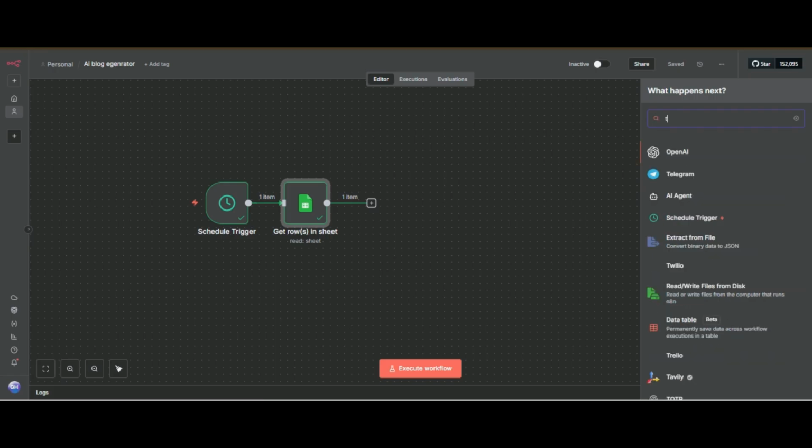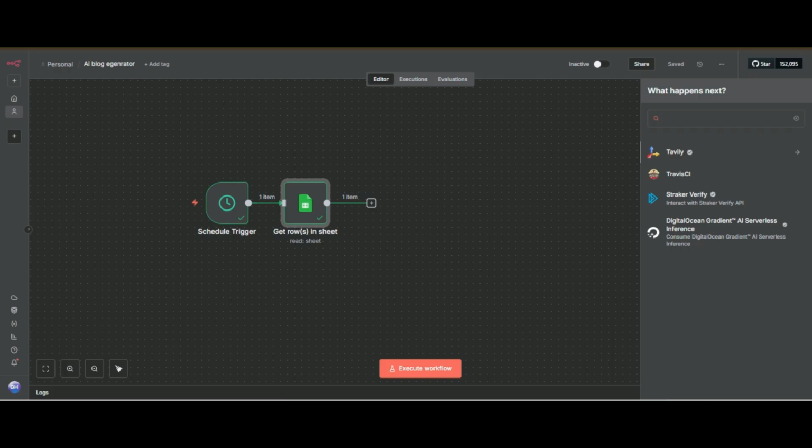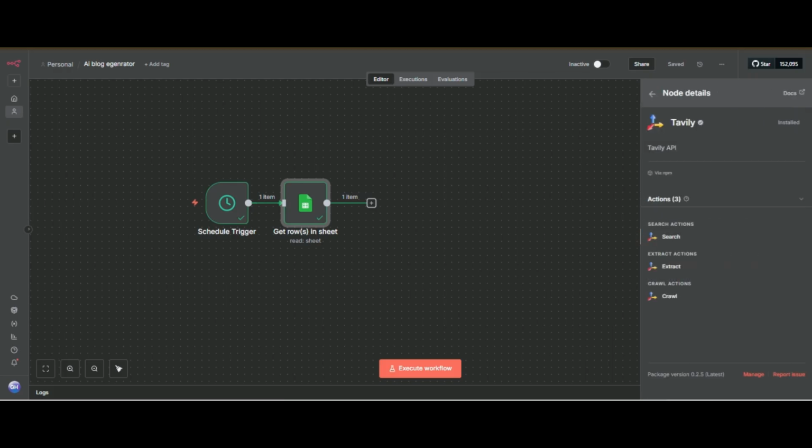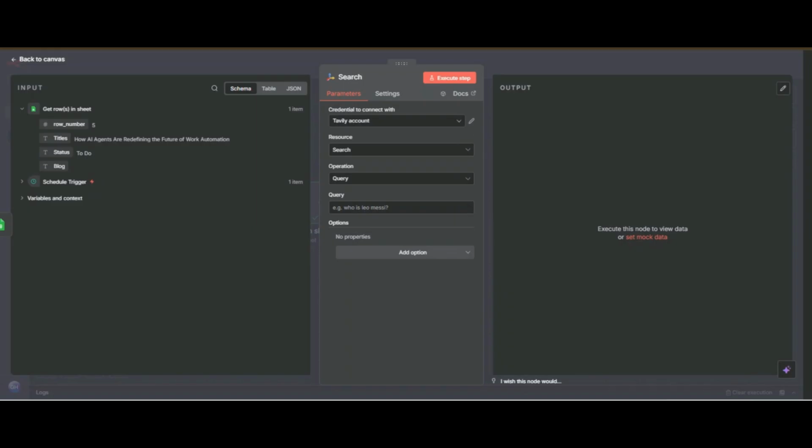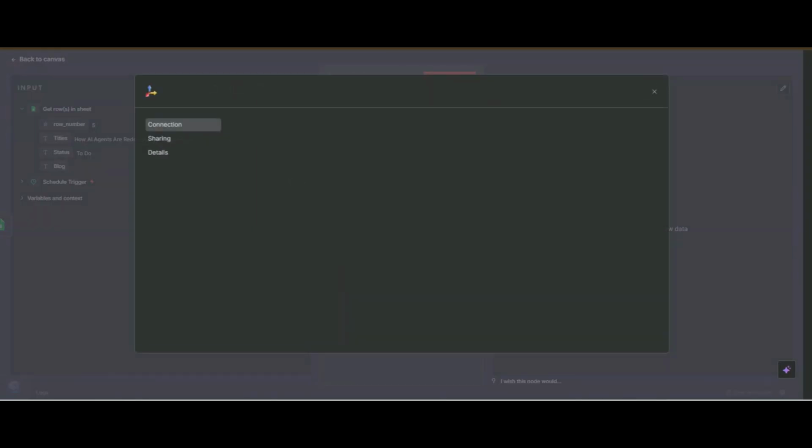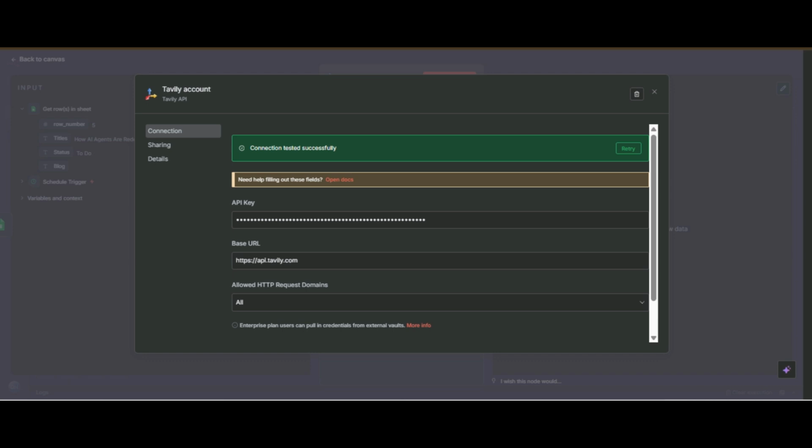First search Tavily, and because we want to search, I will select this, and now I have my Tavily account, but I will click on plus. So you need only an API key. So how can you access a Tavily account? Tavily is like SerpAPI. It lets you fetch online, recent data from the internet.